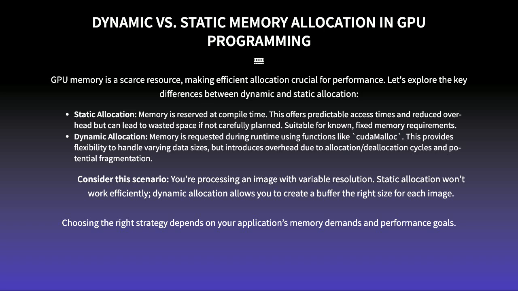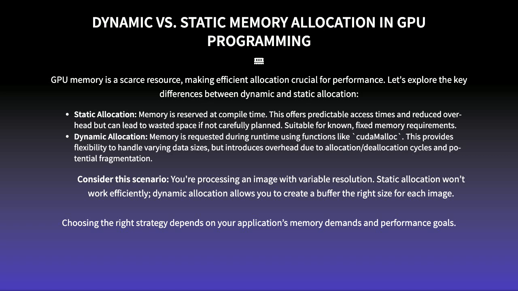Dynamic memory allocation, on the other hand, is like asking for memory only when you need it during runtime. It's more flexible, great for handling variable-sized data, like images of different resolutions. But because you're constantly requesting and releasing memory, there's a bit of overhead involved. So, the key is to carefully consider your application's needs and pick the strategy that gives you the best balance